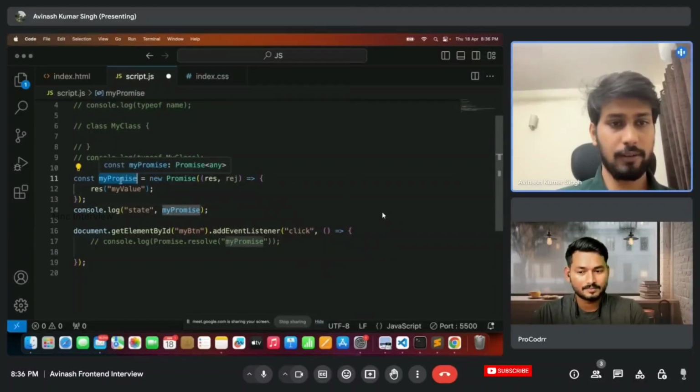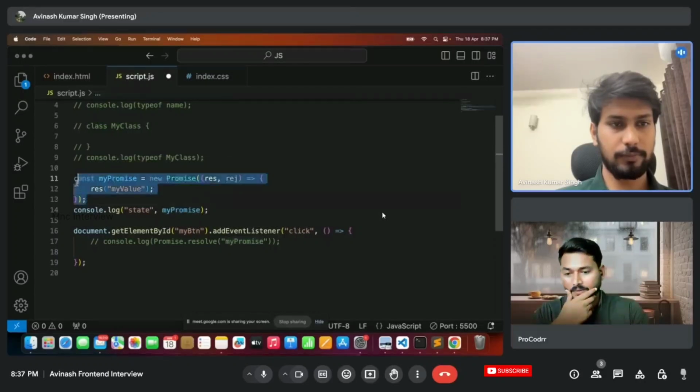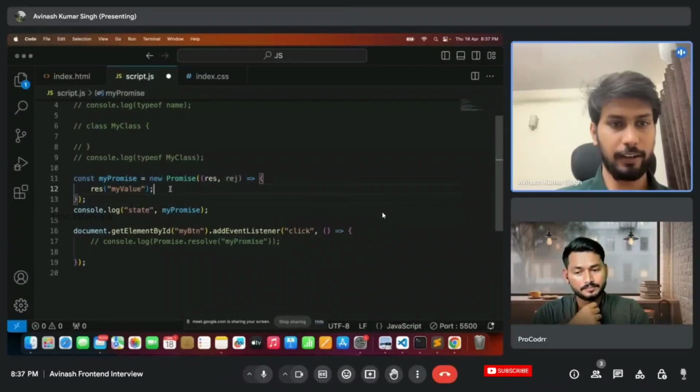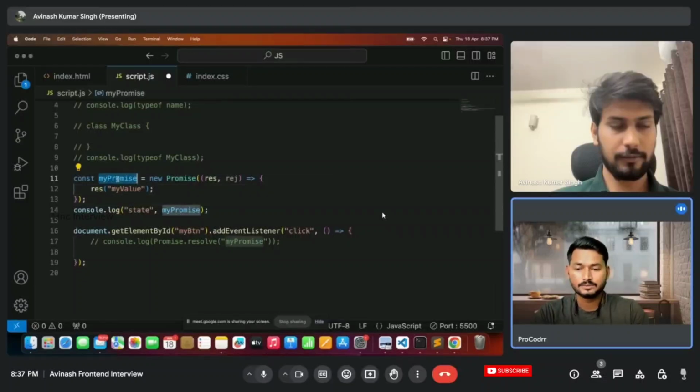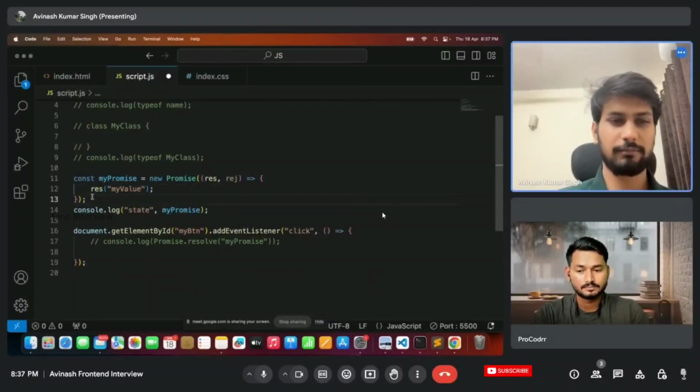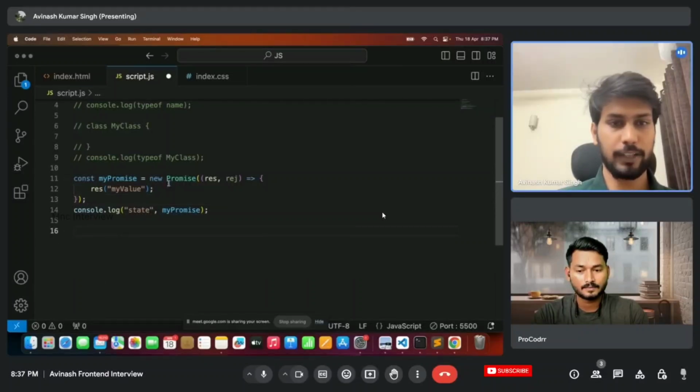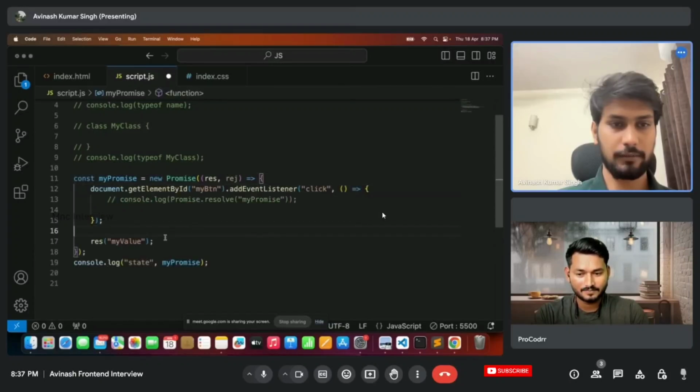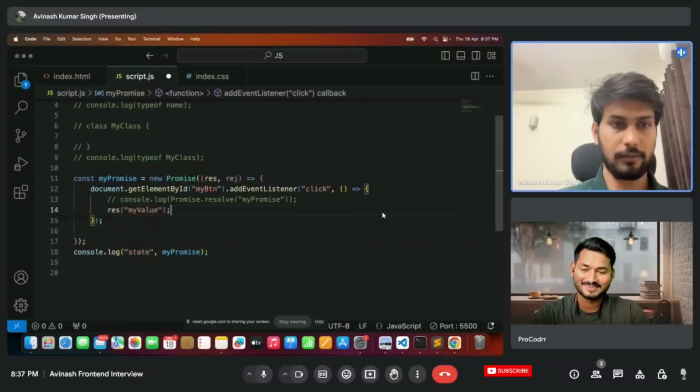So this will be resolved as soon as it is created, right? Yeah, right now it will be resolved as soon as it is created. What about if we put that here and here and then